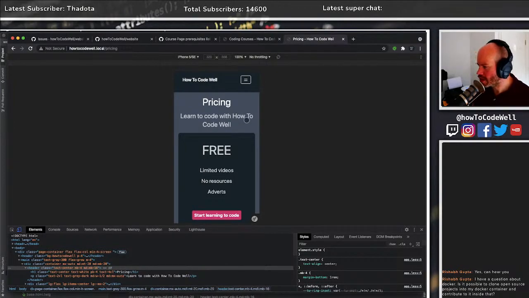Okay, I'm being asked a question regarding Docker. So the question is: is it possible to clone an open source project into a Docker container and then contribute to it inside that? Yeah, I'm going to say yes.